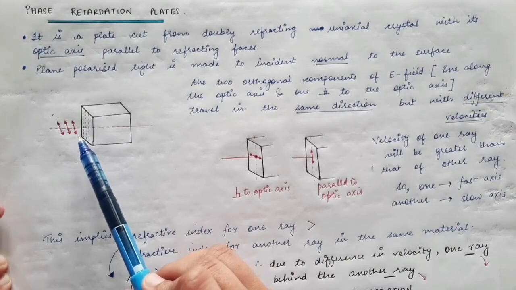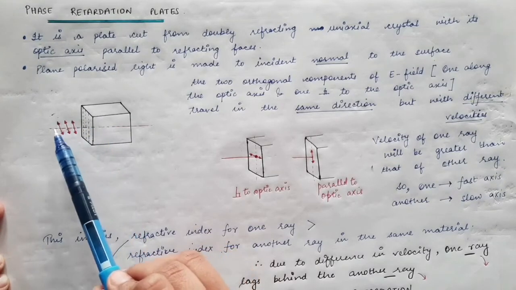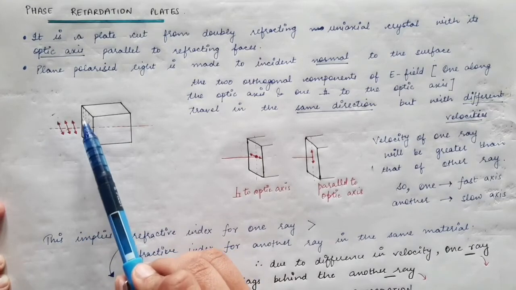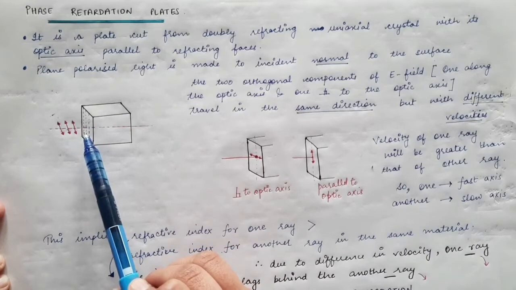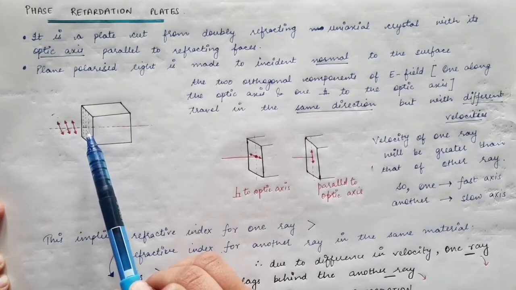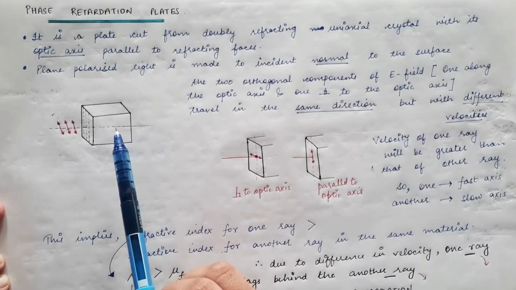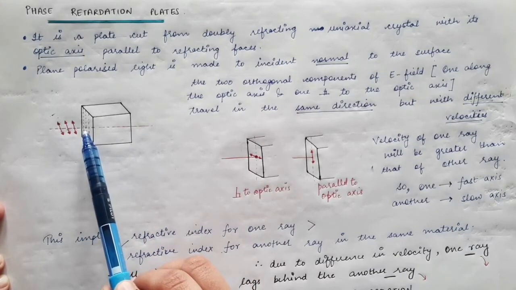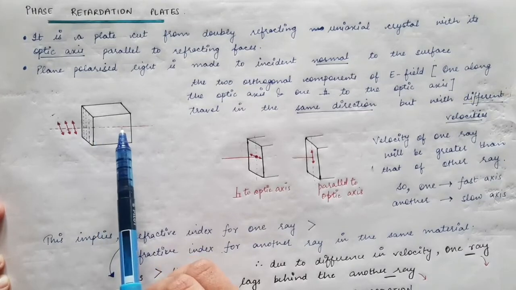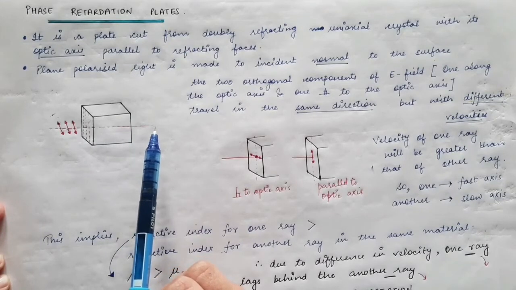Now we have seen when we were studying the properties of the optic axis that when the light is made to be incident normally on the optic axis, the light gets divided into E ray and O ray. The E and the O component, the extraordinary and the ordinary component, travel in the same direction but with a different velocity. This concept we have already done when we were seeing the properties of the optic axis. So when the incident light is made to fall normally on the optic axis, it gets divided into E and O components, and these two components travel in the same direction but with different velocity.